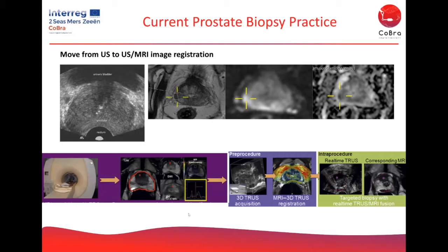So some centres, ourselves included, will do some image registration between the MRI and ultrasound. So you would acquire the patient's MRI in advance, contour the prostate, contour the regions of interest, the lesion, and then in theatre, acquire the 3D ultrasound volume and do an image registration with the previously acquired MRI, transfer the targets across, and then you're able to sample the lesions contoured on the MRI, but on the live ultrasound